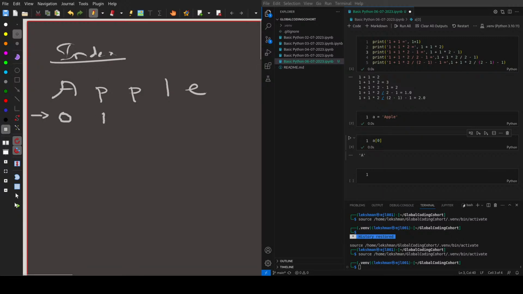Index of P will be 1, and next P will be 2, and 3, and 4. In reverse direction, index of E will be -1. Clearly noted, in ascending form, index starts at 0. In reverse, index starts at -1, -2,